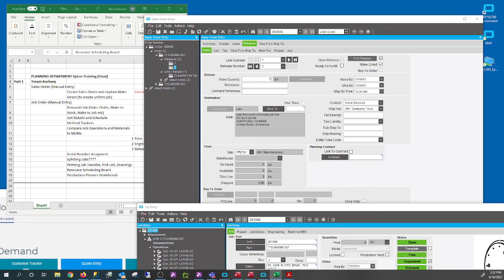Okay. No problem. I mean, we can do it. I want to make sure that we need to split a job according to the scenario, because I think there's more capabilities in Epicor than Shopkeeper, and we may not need to. But if we do need to, there is an option of splitting. But it's not a release. There's no job release, so to speak. It just becomes two separate jobs, and they don't have any connection between the two jobs.